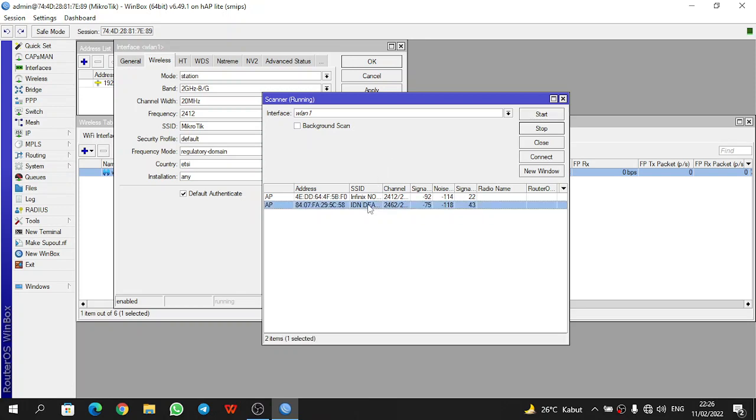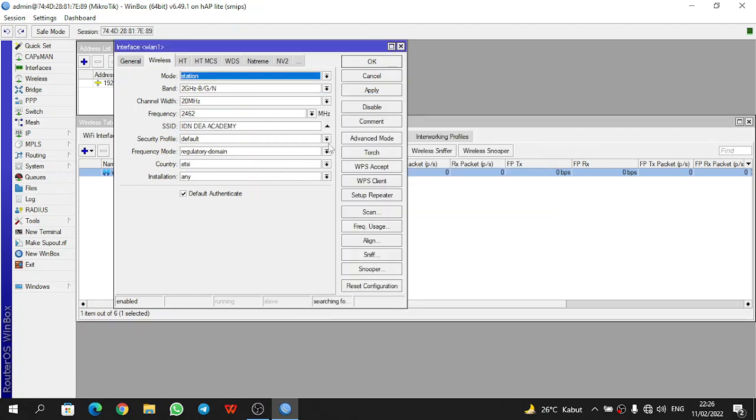We add the Wi-Fi connection, click connect, and change the security profile to profile 1. We apply and wait for it to be running.